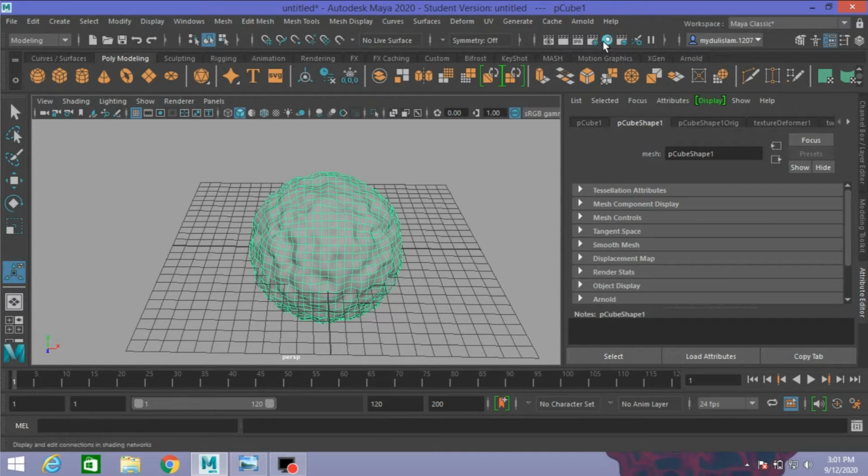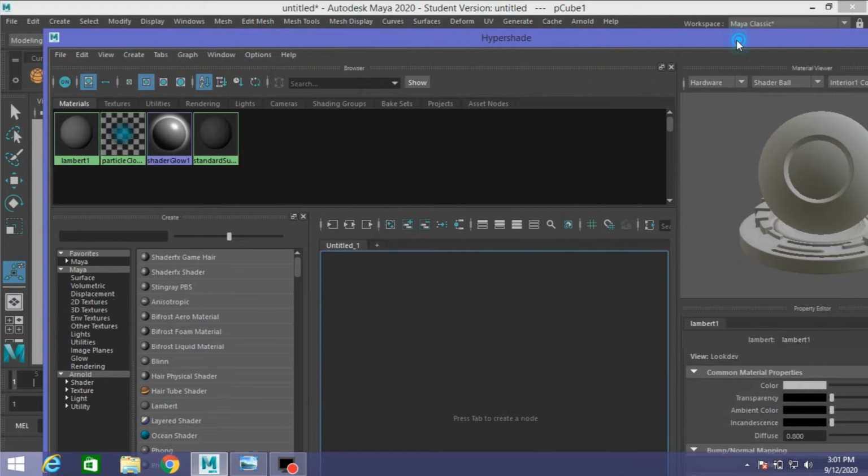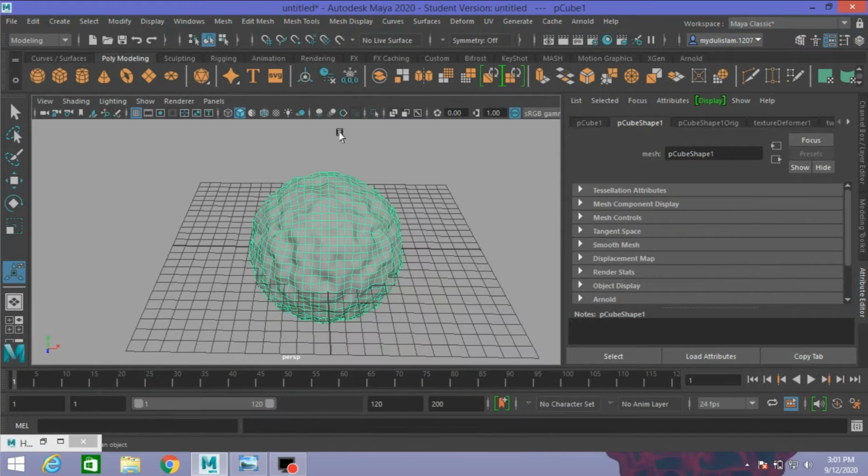Now click on this hypershade window. Click on this color checker box.